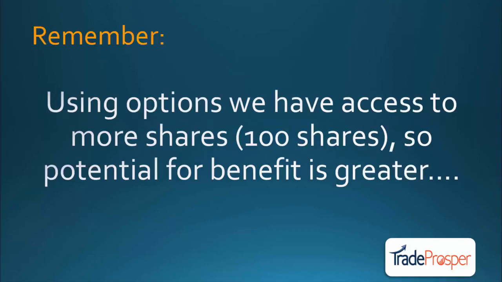For now, I also just want to leave you with this one last point. Remember, in the case where we spoke about the options, we were speaking about 100 shares that we control, not 29, not 14, or not even 5. So there's a lot you need to consider here when looking at options versus just the underlying. There isn't just one rule that fits all. And we have to balance the balancing act between risk and reward very, very carefully. And again, I'll show you all of that in the videos that follow.